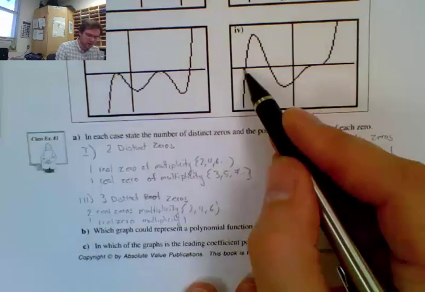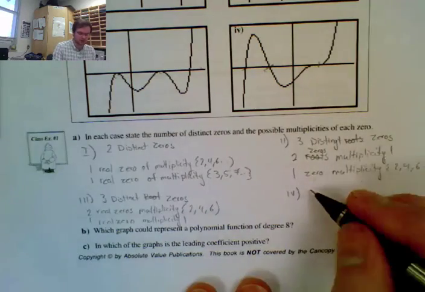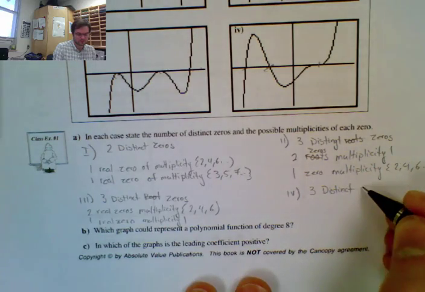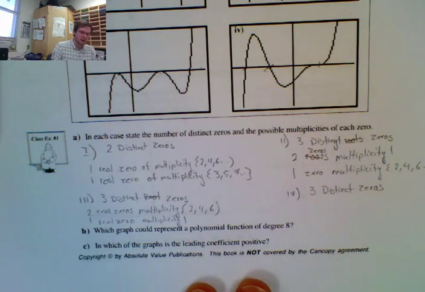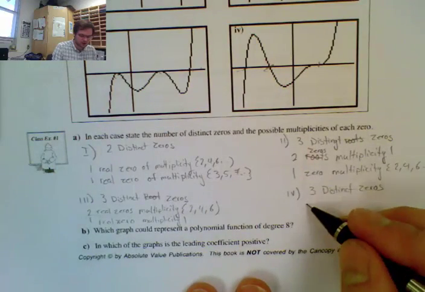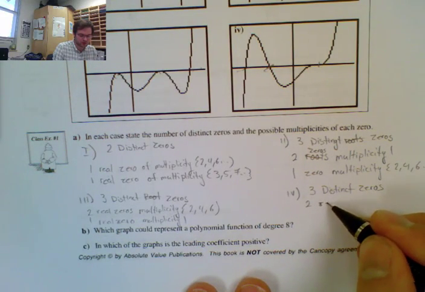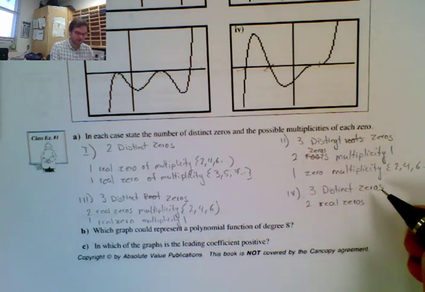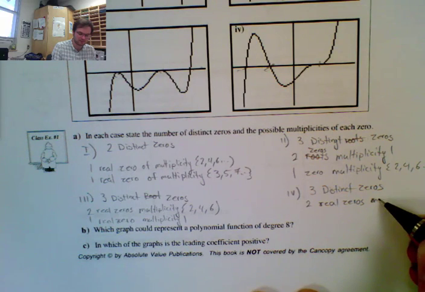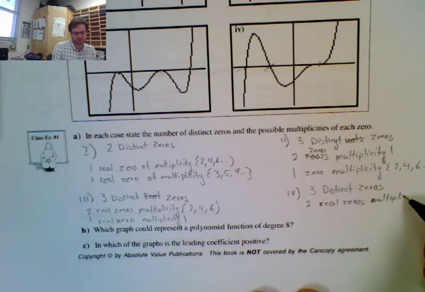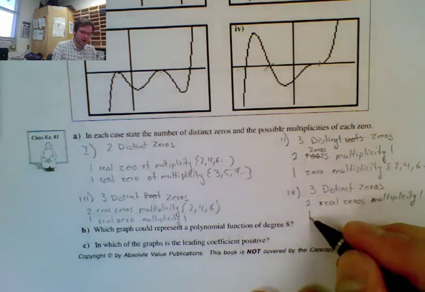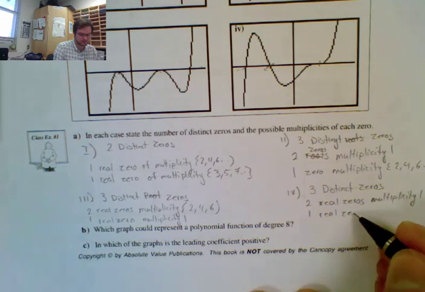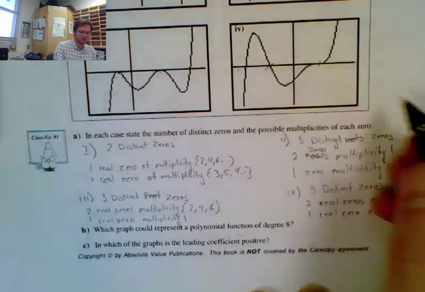Here I have 1, 2, 3 distinct roots, or 3 distinct zeros. Okay, I have 1, 2 crossers. So that's 2 real zeros of degree 1, so multiplicity 1. And I have 1 real zero of multiplicity